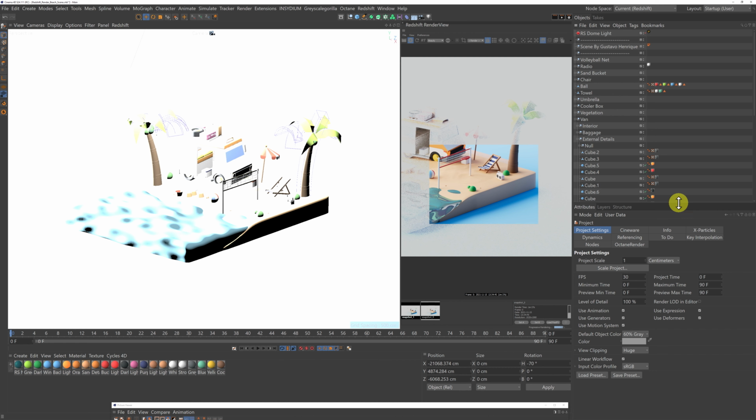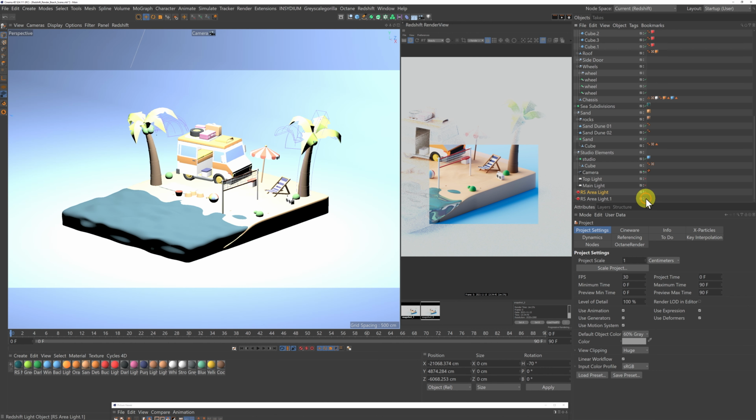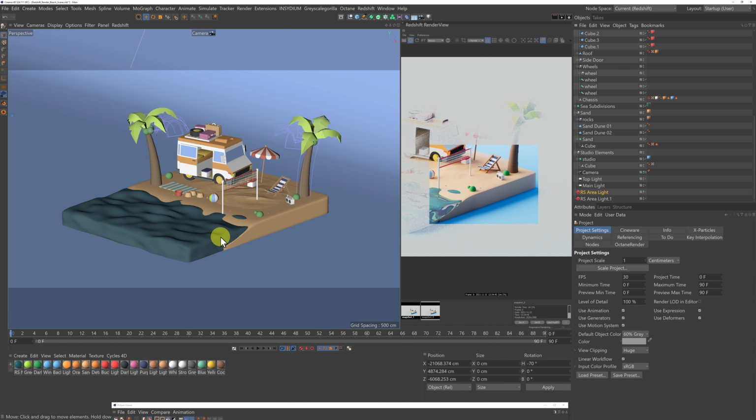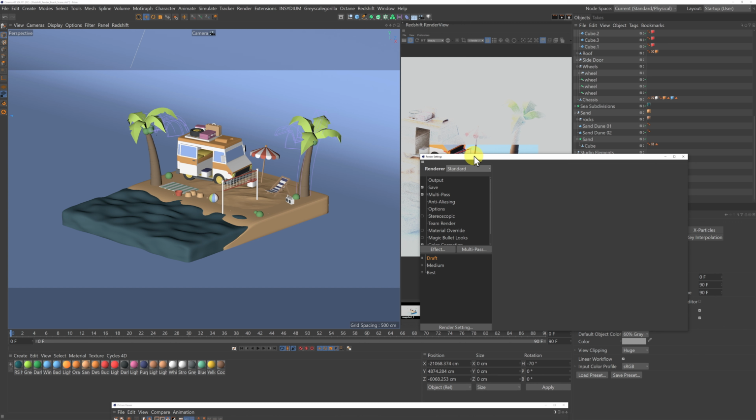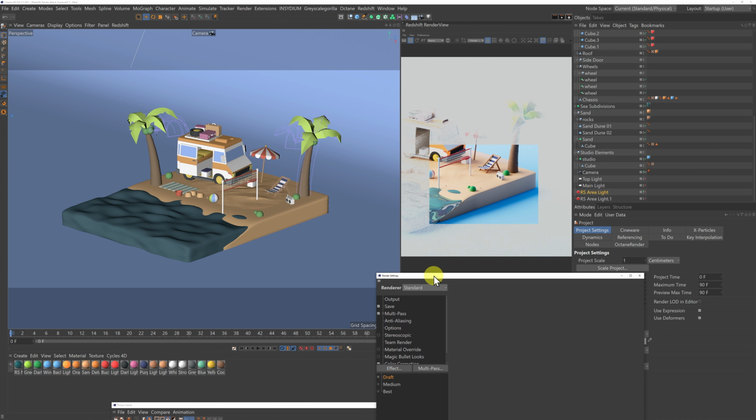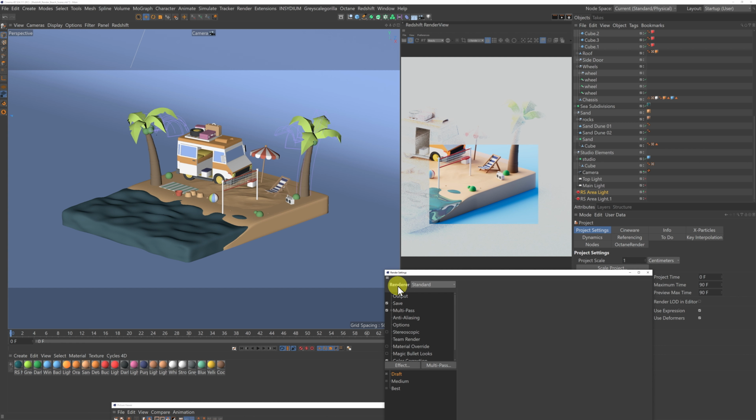So what I need to do is turn off my lights so that I can see exactly what I'm doing here. And before I activate my interactive render region, I'm going to come to my render settings. I'm going to change the renderer to standard, and the reason why I'm doing that is that if I keep Redshift on, Cinema 4D freezes on me, and I've had a couple of crashes and it's not good, and it really slows me down. I'm just going to make sure that I'm in the standard there, and now I can activate my interactive render region,